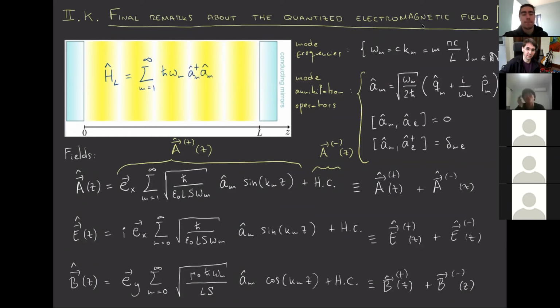So this is just the Hamiltonian of each harmonic oscillator for each frequency omega_m. So this slide in here summarizes the quantum theory of the electromagnetic field, at least inside an optical cavity. And I have removed, by the way, the factor 1/2 in the Hamiltonian, because it plays no role in everything that we are going to see in the course, but that factor 1/2 can play a strong role in some other contexts,